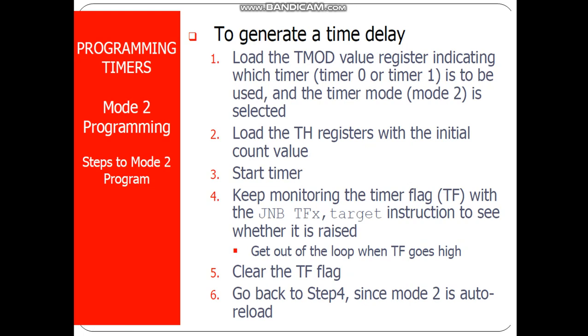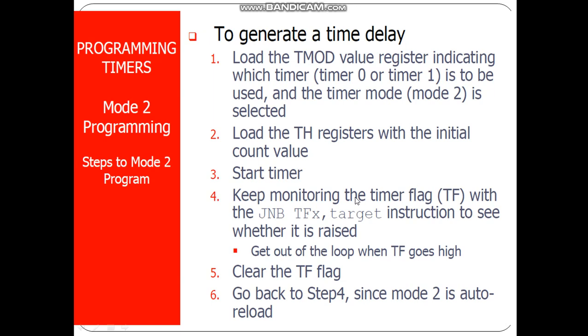Let us see how to generate a time delay in case of mode 2. The steps are similar to mode 1. The only difference is in the maximum value that is taken, because here it acts as an 8-bit register. So the first step is the same. We have to load TMOD indicating which timer is used, and we have to say it is working in mode 2. Then we have to load TH